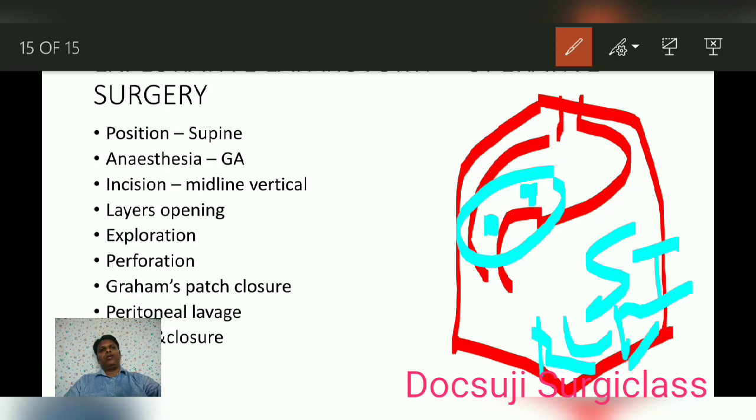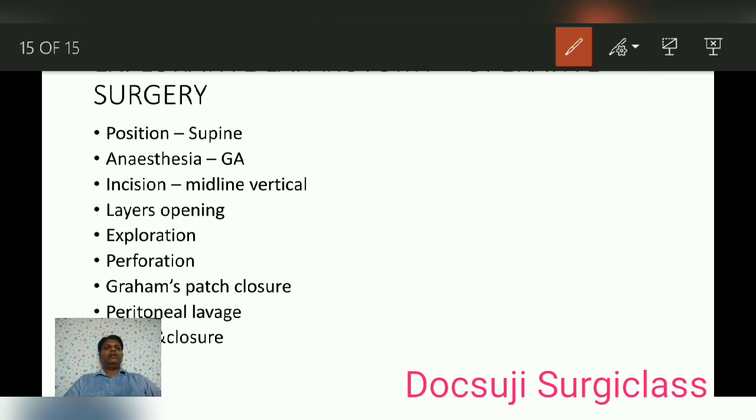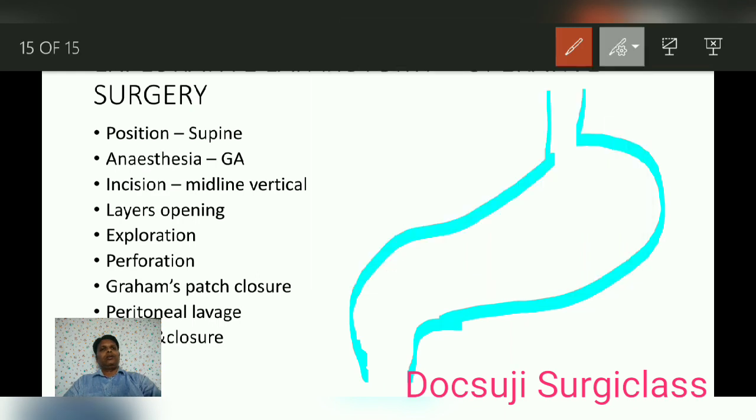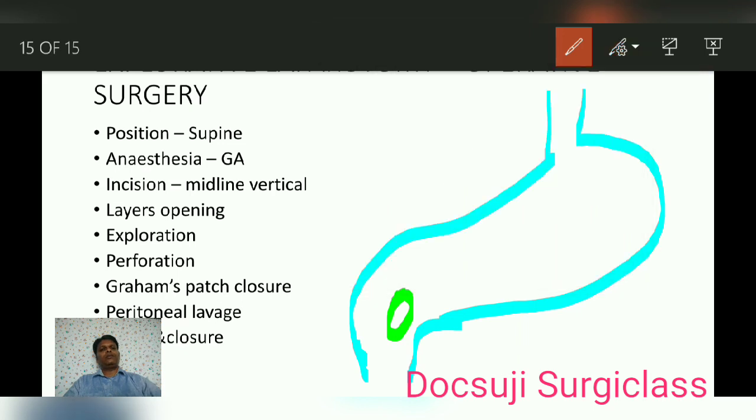But once you diagnose that a perforation is there in the duodenal wall, you have to do a procedure called Graham's patch closure technique. So what is this Graham's patch closure technique? This is the stomach and the first part of the duodenum. Consider a small perforation in the first part of the duodenum. Then you have to take 3 sutures, particularly using polyglactin. One suture